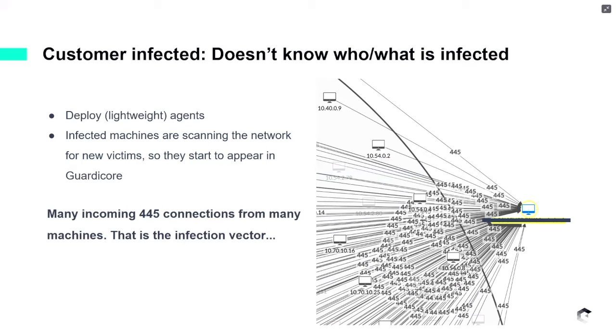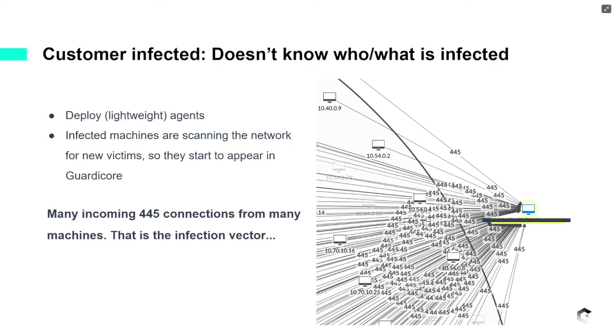And what we could see from this particular map is that it's incoming port 445 connections, which quickly was established as the infection vector. So now, obviously simplified, we have to see this in a wider view to fully understand what's going on. But this is really the core of the attack that we detected relatively quickly, and I'll come back to that, by the way.